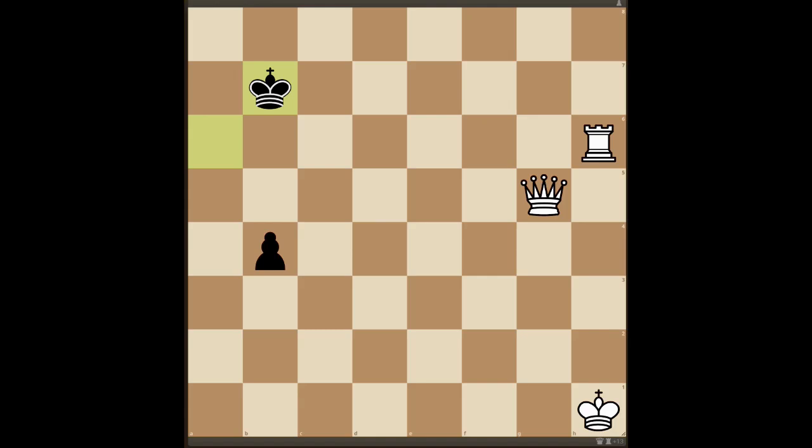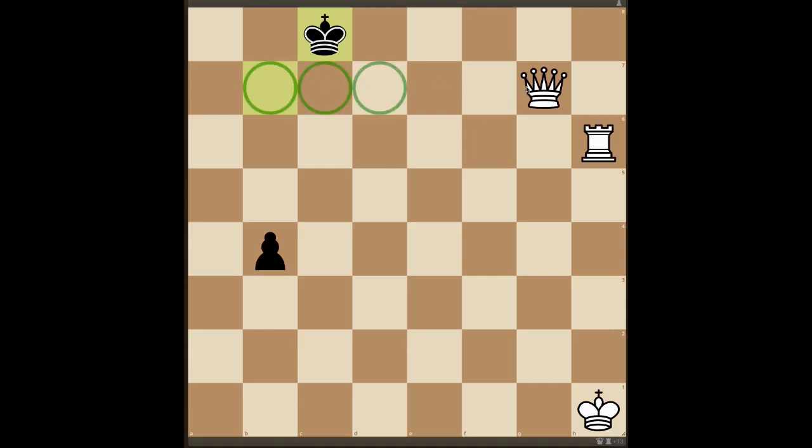Now he's safe. So now white's going to come down and check again. And now the king can't block or capture, but he can again move out of the way again. So he moves out of the way there. Now it's white's turn. Right now, the king cannot go here, here, or here because the queen guards this whole row. And it's white to move. And if white moves its rook up,